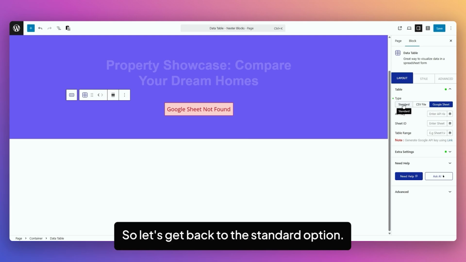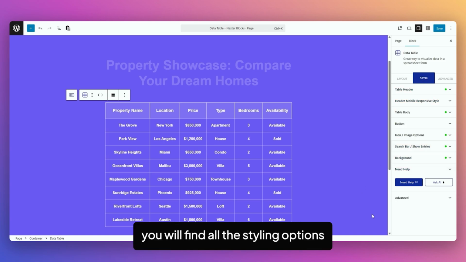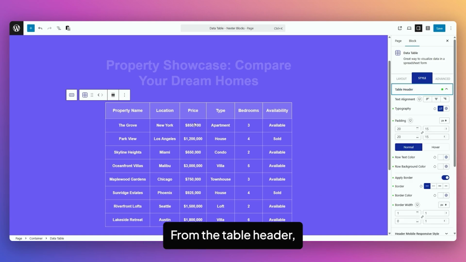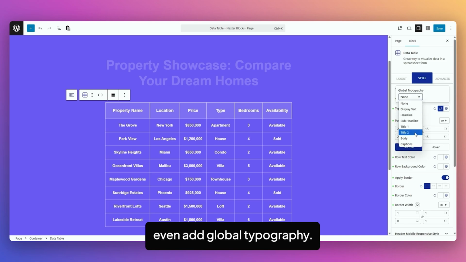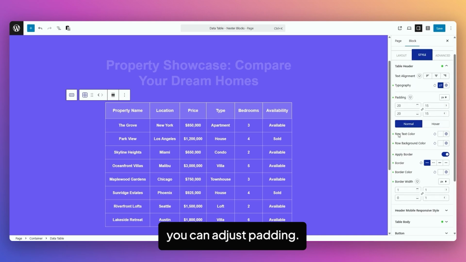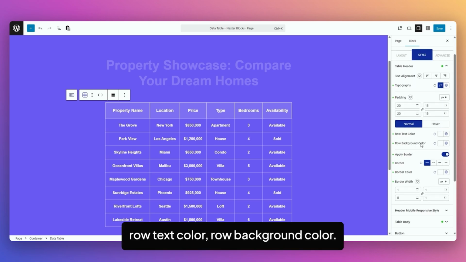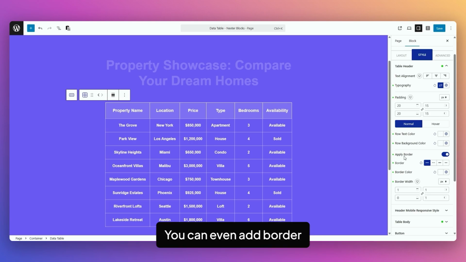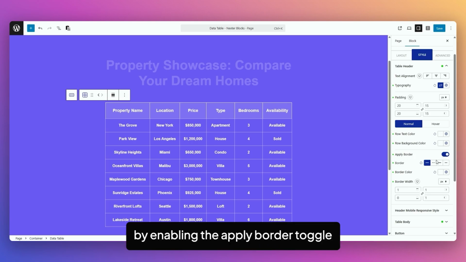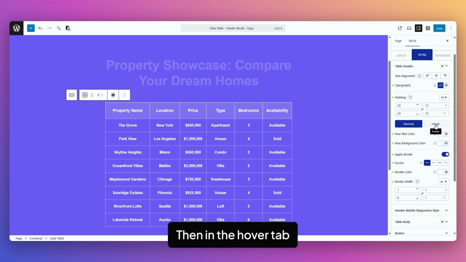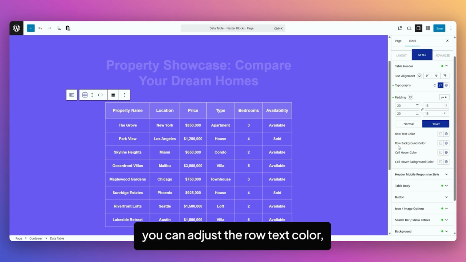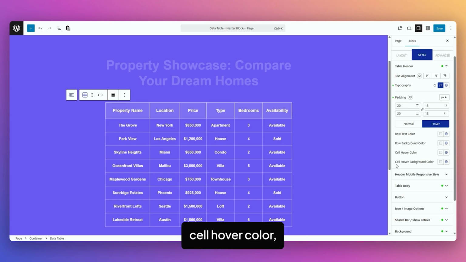So let's get back to the standard option. In the style tab, you will find all the styling options required to customize this table. From the table header, you can adjust the style of the table header. You can adjust the text alignment. You can adjust the typography. You can add global typography. You can adjust padding. You can add row text color, row background color. You can even add border by enabling the apply border toggle. You can adjust the border color, border width. Then in the hover tab, you can adjust the row text color, row background color, cell hover color, and cell